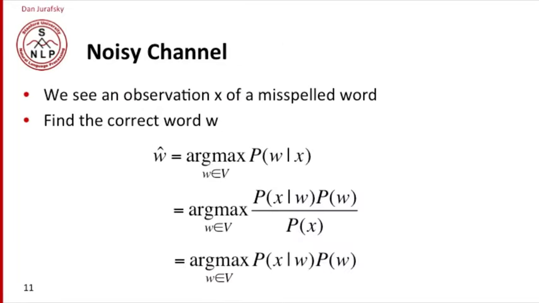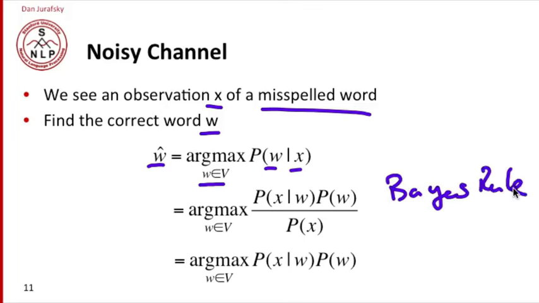The noisy channel is a probabilistic model. Our goal, given an observation X of some misspelling, some surface thing we've seen, is to find W, the correct word. We're going to model that probabilistically by saying the best word, the word that we'd like to replace our misspelling with, is that word out of the vocabulary that maximizes a probability. What probability? The probability of the word given the misspelling. So given that we've seen some misspelling, what's the most probable, posterior probable word? And we're going to use Bayes' rule